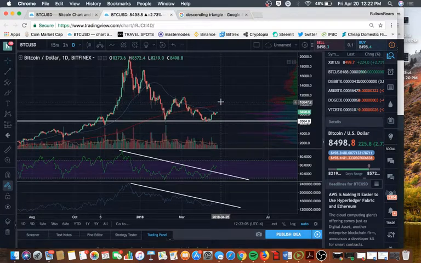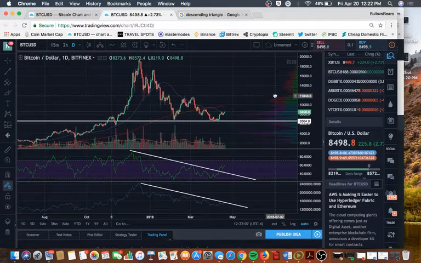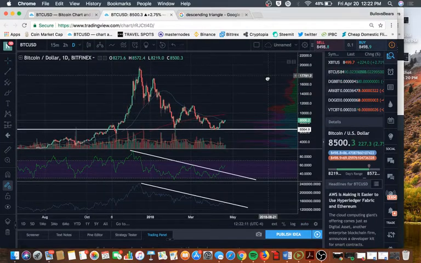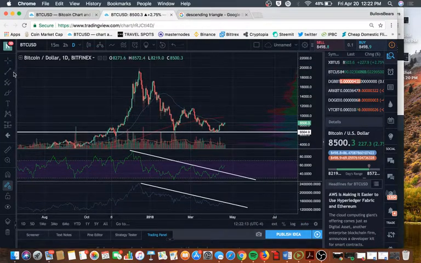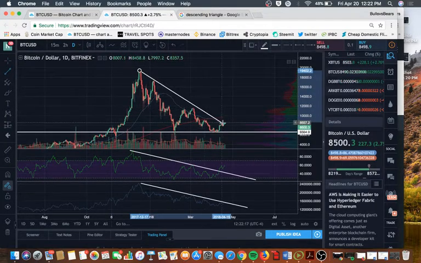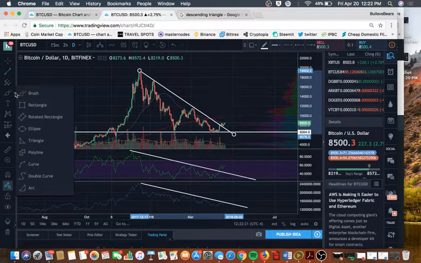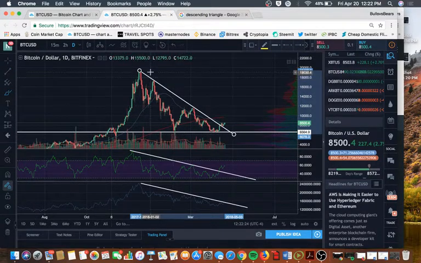So as you can see, we're definitely in a downward price movement. What I'm interested in now is this downward trend. When is it going to break and when are we going to see it move up? So I like to draw a trend line. Three touches is important to me. Without three touches on a trend line, I don't see a trend line becoming a real trend line, in